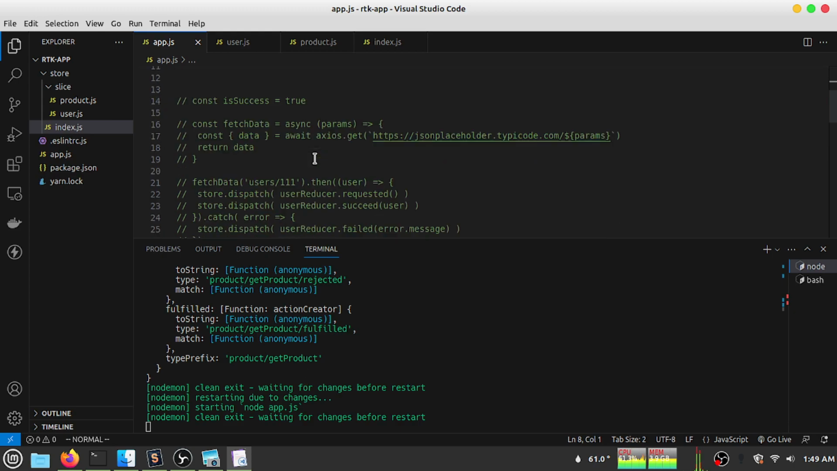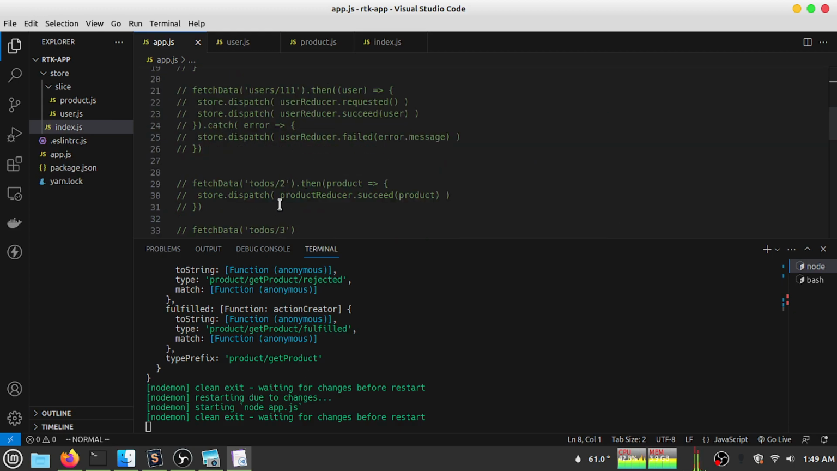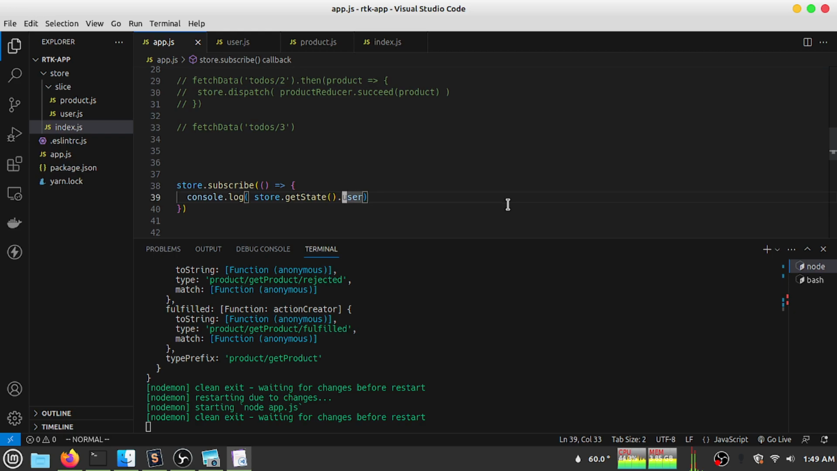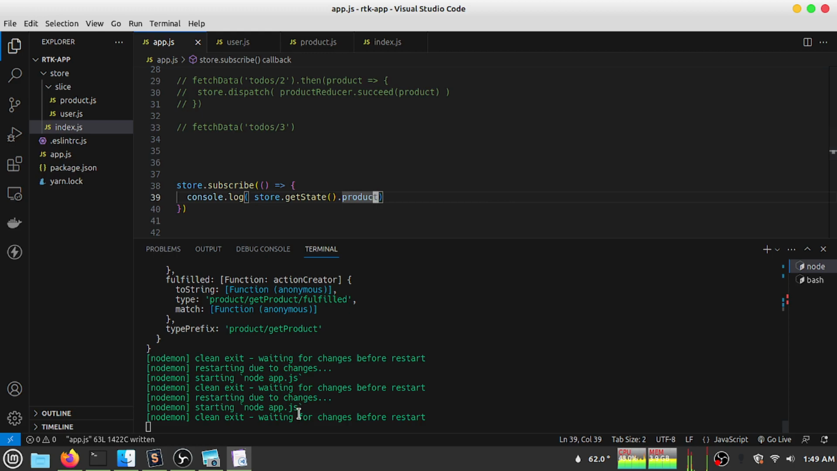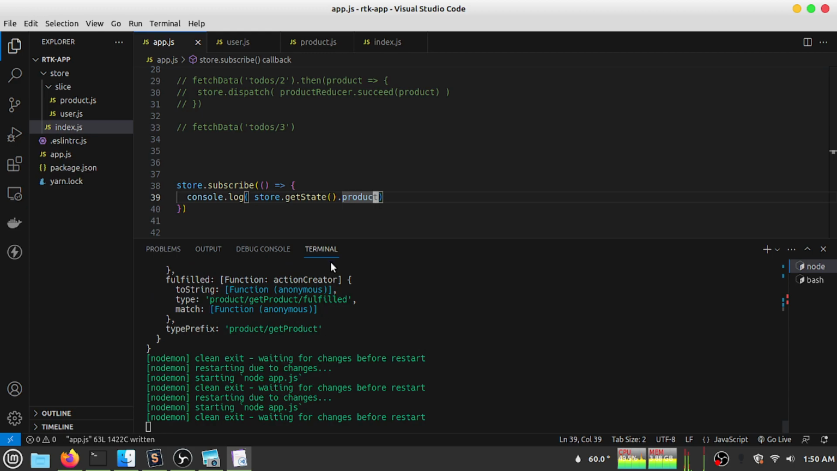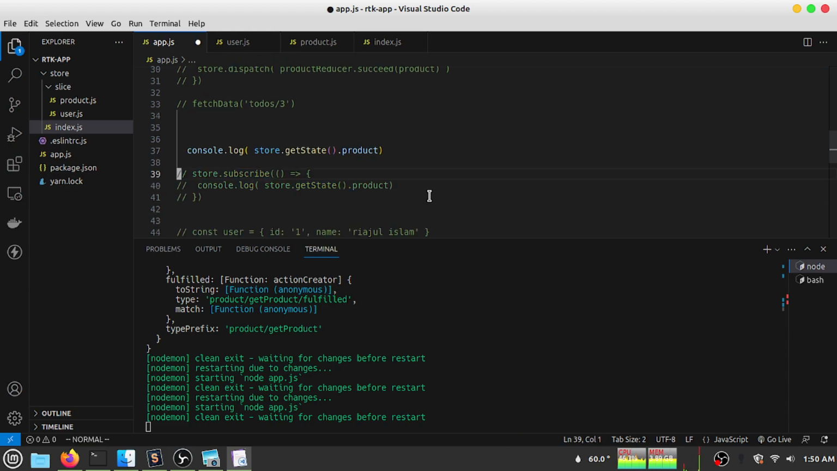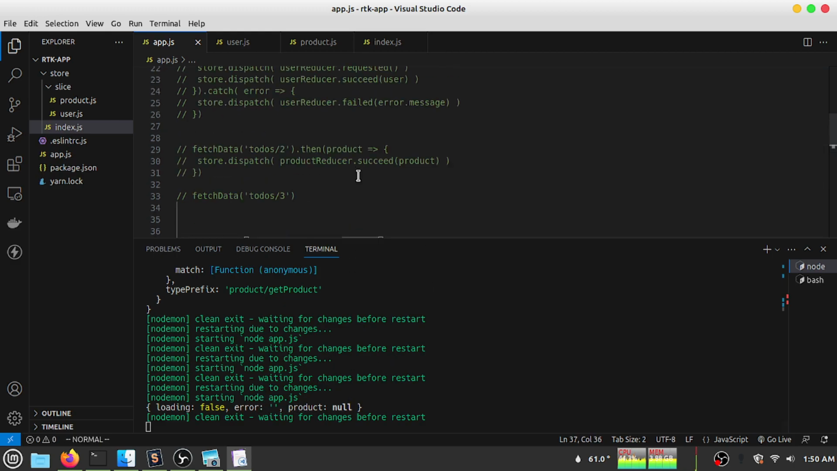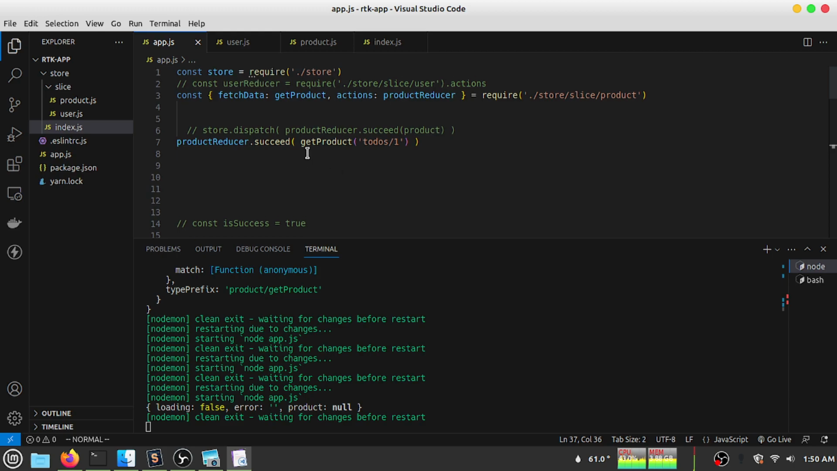So how can we check that? Let's go to where the describe method is. Let's try to read the product slice. I am getting nothing. Actually, let's console log outside so that I can understand what I am getting. Product is null. That means I am getting nothing. This product,